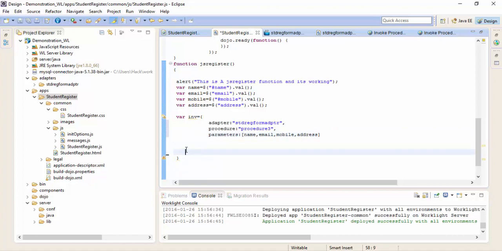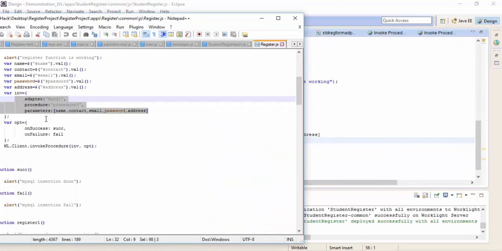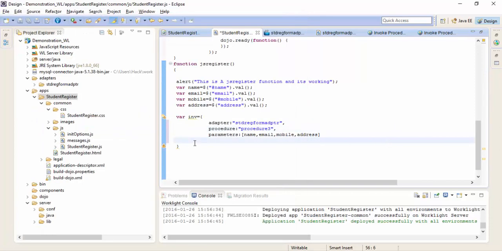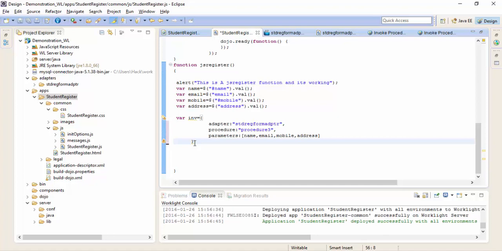And then these are the values that are stored in the env variable. All right, and then we have to create an opt variable. This opt variable is another variable that will be providing an alert message whenever our project has been successfully deployed onto the database and our values are successfully passed through the database. Okay, on success, on fail, we'll be remaining with